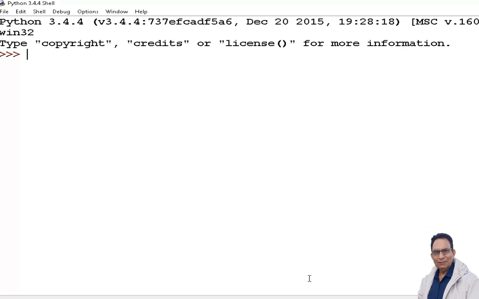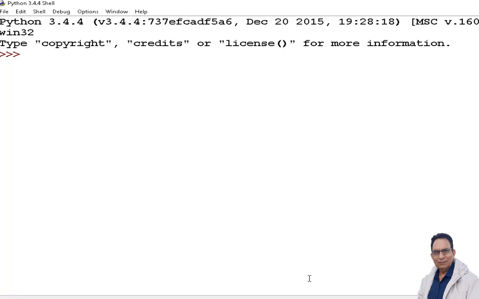Now let us talk about Python data types. Python accepts different data types like numbers, none, sequence, sets, mapping. So first we are going to start with numbers. Numbers are of integer type, float type, complex type. Integer type also includes booleans. So we'll see the number data type first.